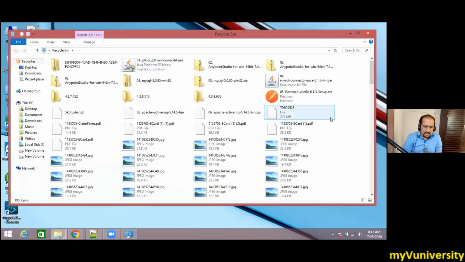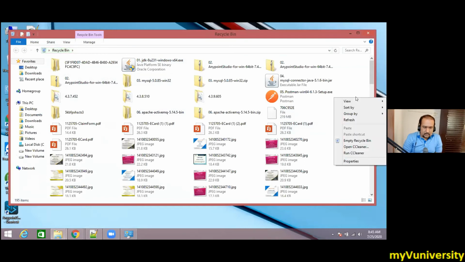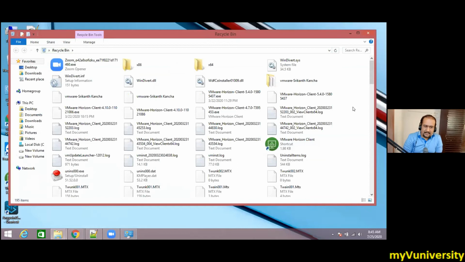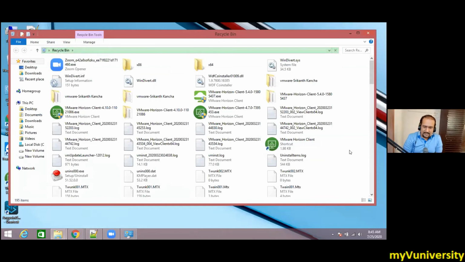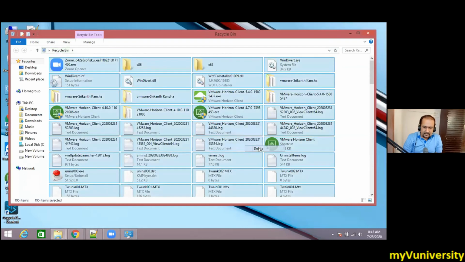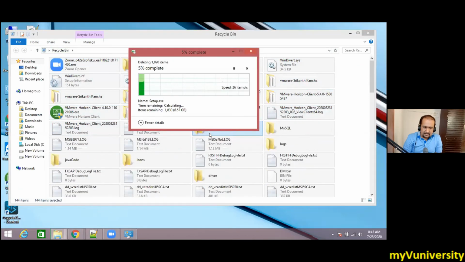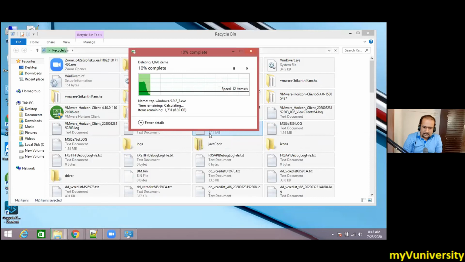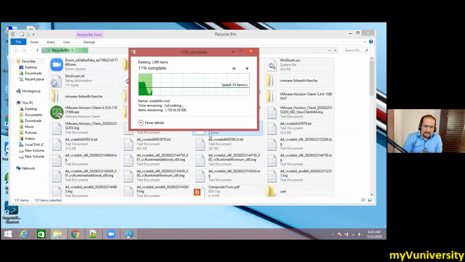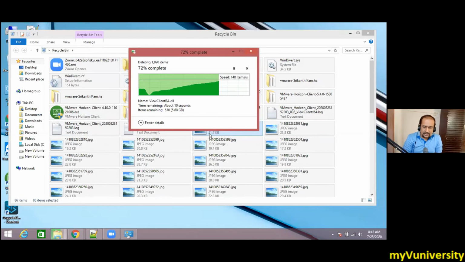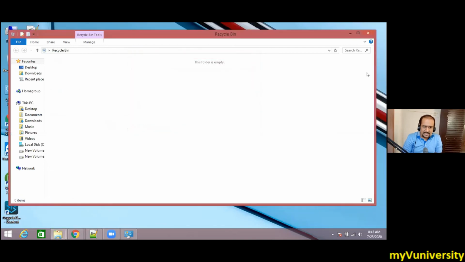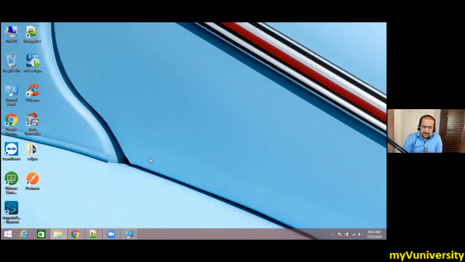There are so many folders, maybe you check it date wise, or you completely remove everything in the recycle bin. If nothing is needed, remove all of them. I think it's a lot of stuff you kept there. That is also one thing: your hard disk space is getting utilized by the recycle bin as well.